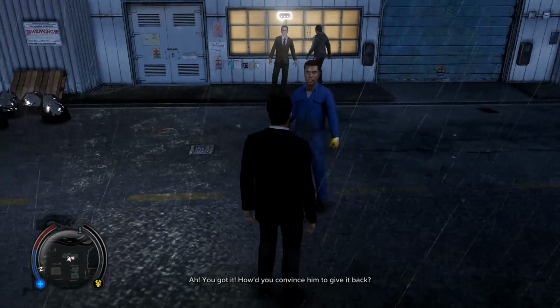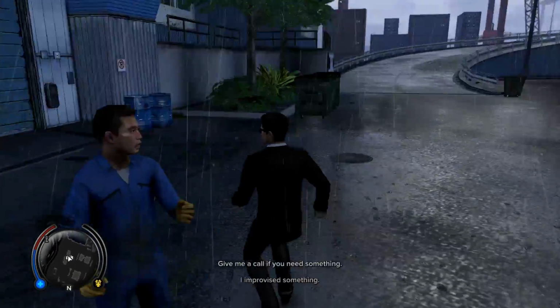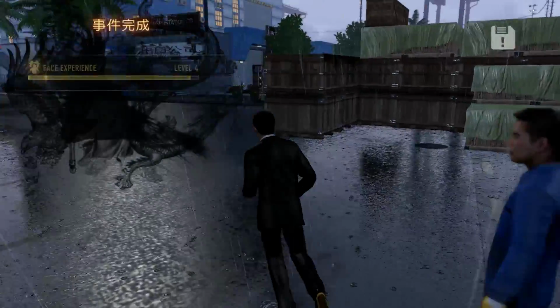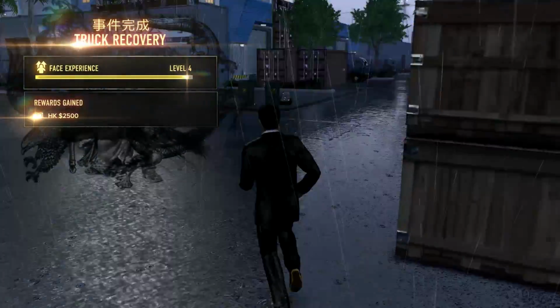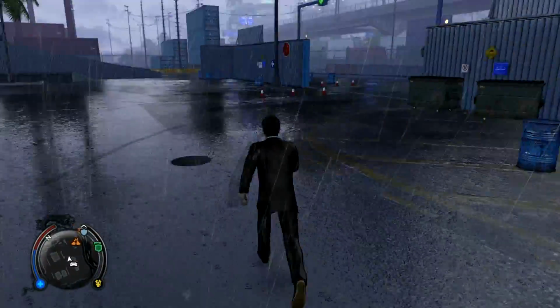Ah, you got it. How'd you convince him to give it back? I improvised something. Give me a call if you need something. Well, I need to get out of here for a start. That's got my face up another level anyway. It hasn't given me the greatest amount of